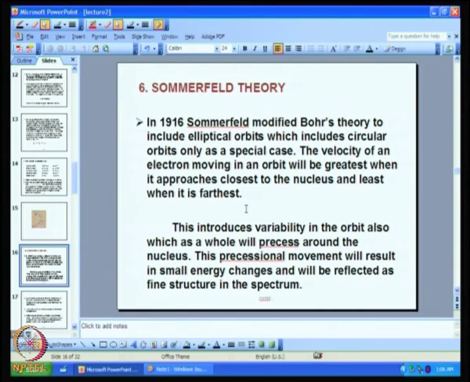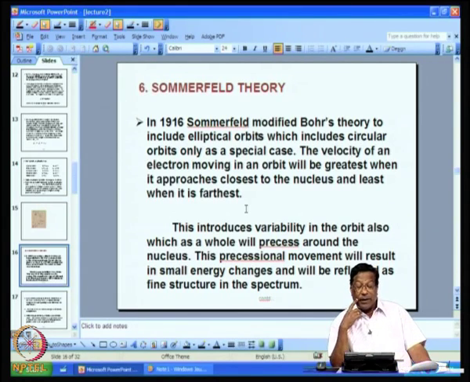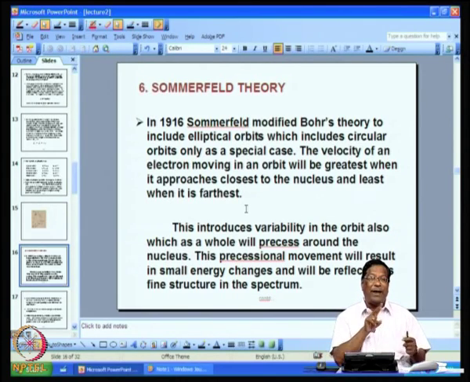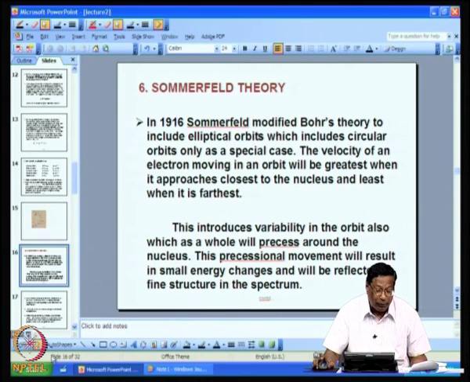This introduces variability in the orbit also, which as a whole will precess around the nucleus. This precessional movement will result in small energy changes, which will be reflected as fine structure or double lines, split lines and all those things. So, this was a sort of improvement in